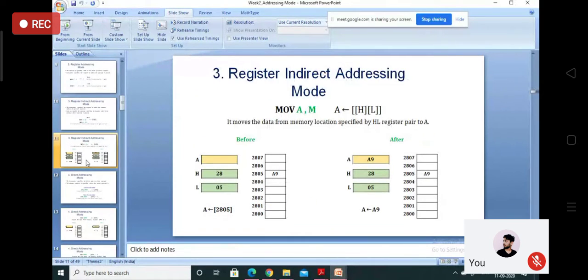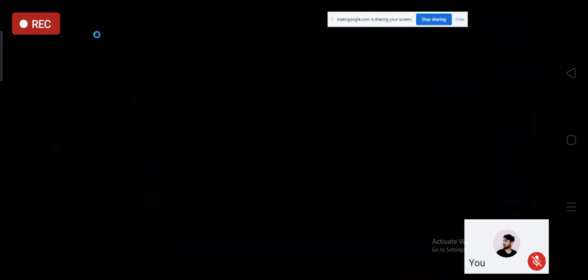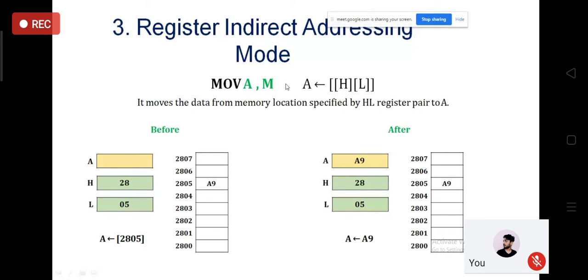Now, if you have this type of addressing mode, I'm just showing it for the sake of your answer. Okay, you have certain instructions like MOV A, M. You do not know what M is. M is the memory. Actually, it is in the HL register pair; HL is a CPU register. You know, within the CPU, lots of registers are there, like A, B, C. So HL is generally used in the 8085 microprocessor; we use the HL register pair.